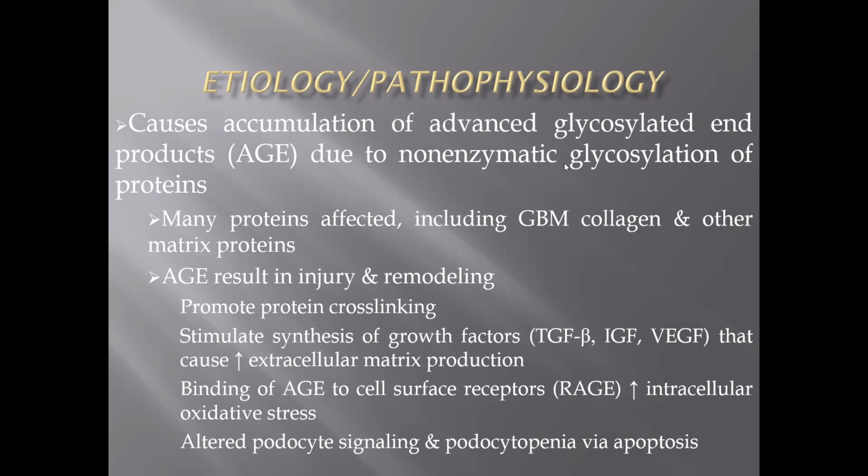And this glycosylation can occur without the presence of any enzyme, so this process is called non-enzymatic glycosylation. The products that form after this interaction are known as advanced glycosylated end products. These products have their receptors on macrophages and on endothelial cells. When they interact with those receptors and cross-link, they commonly cause the formation of transforming growth factor beta. When this growth factor beta is increased, it causes increased production of extracellular matrix.